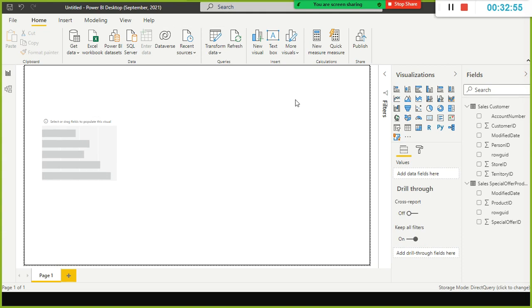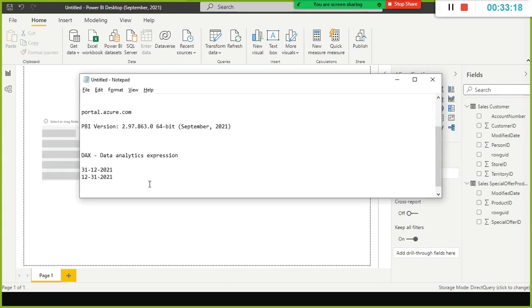Now, when we import from SQL Server, Microsoft SQL Server, or even MySQL Server, you name any RDBMS database, and use direct query, only the metadata gets loaded. This is not the actual data. Only the metadata gets loaded when you import in direct mode.